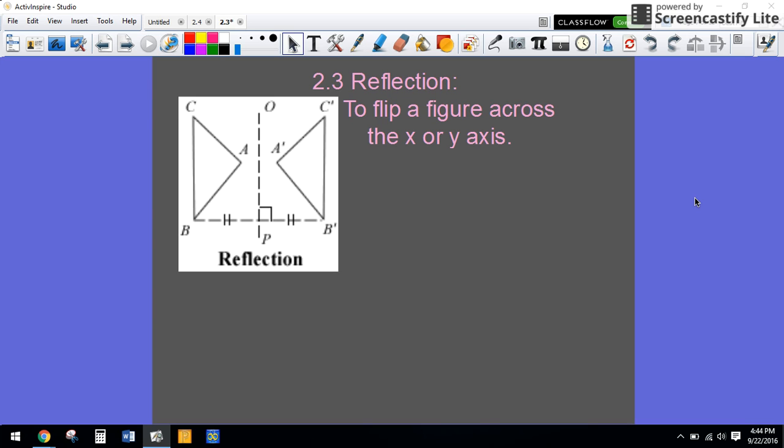So yesterday you guys did an activity where you used tracing paper to reflect or flip an image across different axes, the X and the Y. So today you guys are going to take notes on how to do that, including the note cards you should